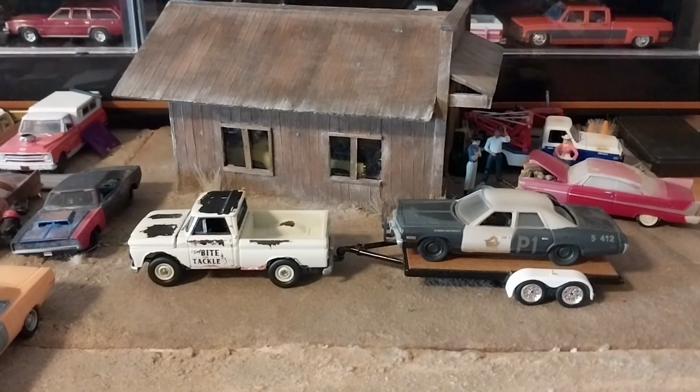Friday, we have some really cool Matchbox stuff to open. It's the Matchbox Moving Parts case C. So it's a pretty good case. It's all American cars. There's two Mopars, two GMs, and two Fords. So really cool. Anyways, today we're going to look at the Oldsmobiles, and the first one on the list,